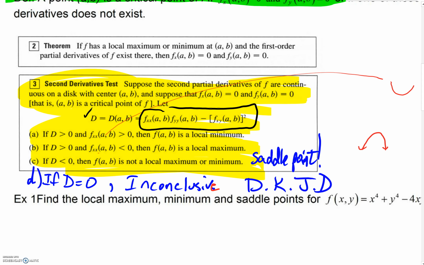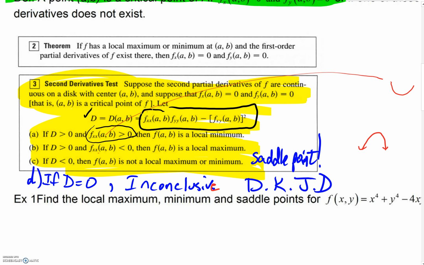It's almost like a discriminant. It's reminiscent of the discriminant that you had in Algebra 2, because you could have different cases, different occurrences with quadratics when the discriminant was a different sign. But this formula, we certainly don't have time to prove it. Second derivative with respect to x multiplied by the second derivative with respect to y minus f_xy at that point squared. If D is positive and the second derivative right here is positive, then that point pertains to